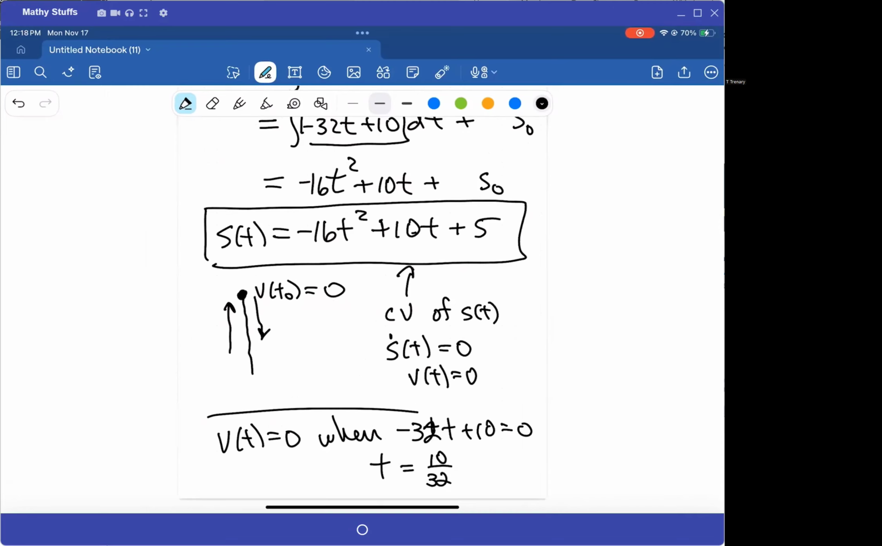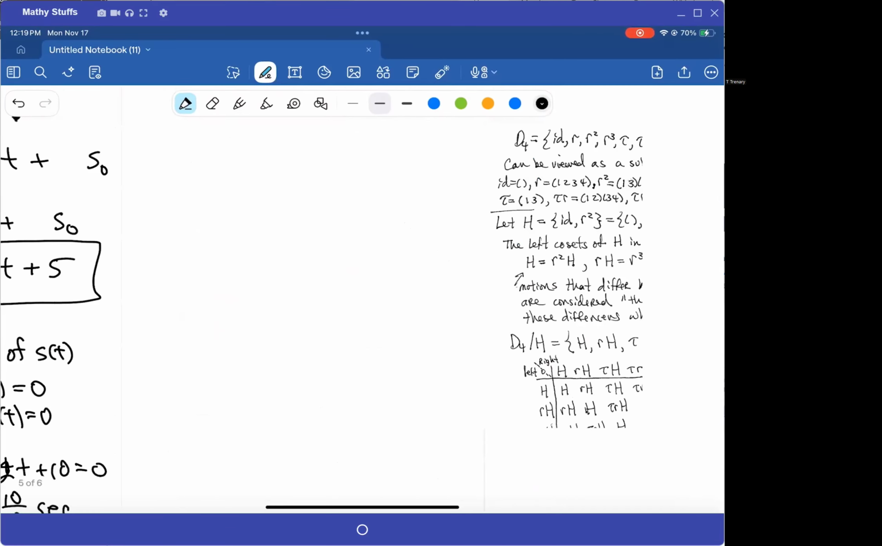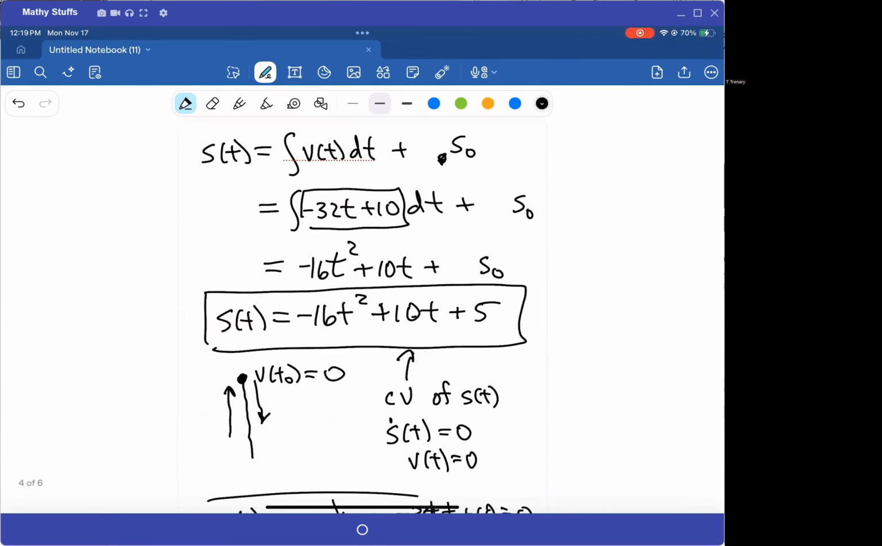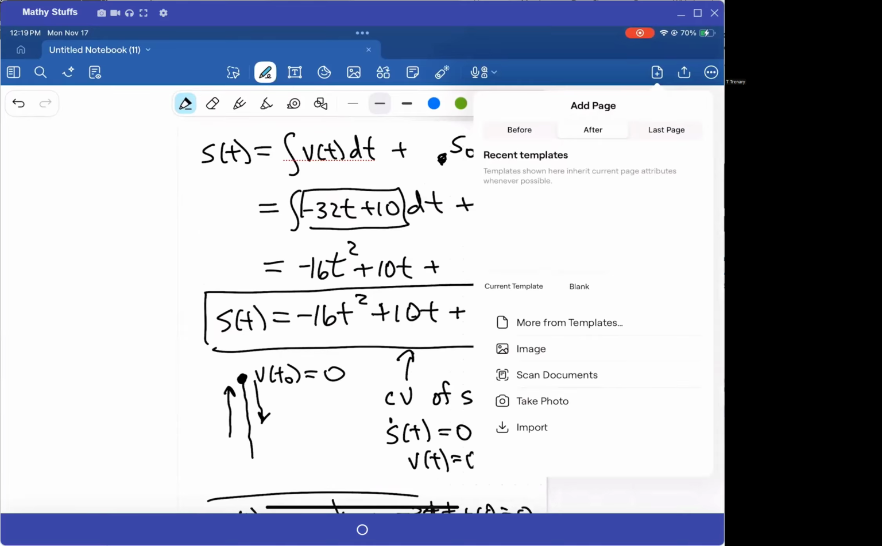It's pretty fast. It's like a little less than a third of a second before that ball reaches its max height. And I made up these numbers, so that's why it's so stupid. But it is what it is. So what I have to do to find the max height is to plug that time into the S of t. So we want S of 10/32 seconds,